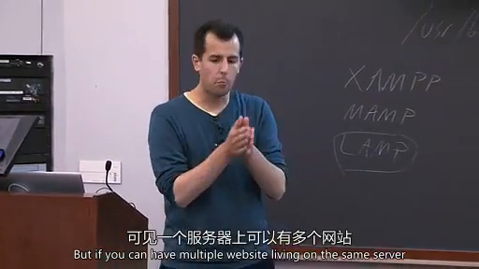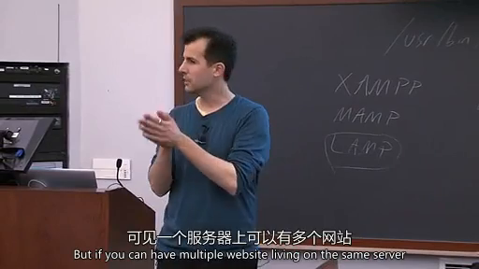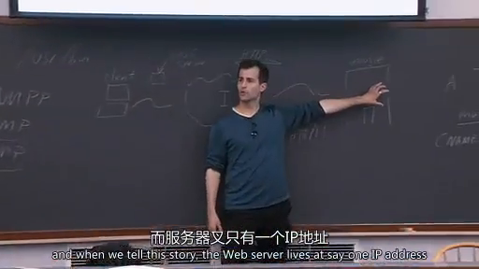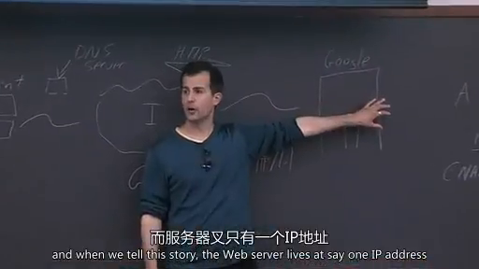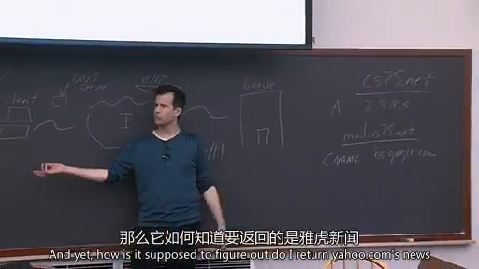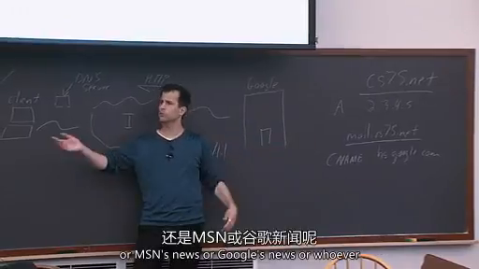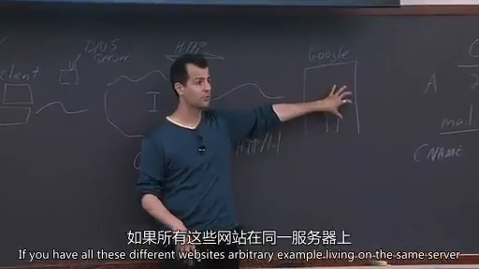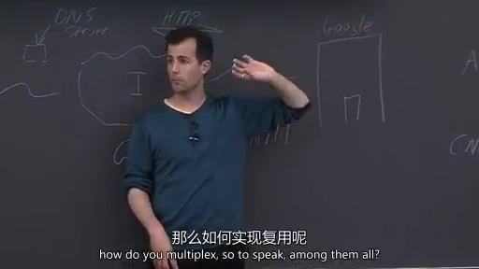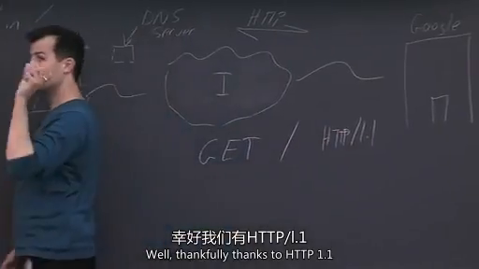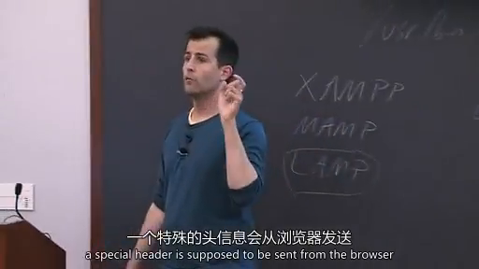But if you can have multiple websites living on the same server, and when we tell this story, the web server lives at, say, one IP address, how is it supposed to figure out: do I return Yahoo.com's news or MSN's news or Google's news or whoever? If you have all these different websites, arbitrary example, living on the same server, how do you multiplex, so to speak, among them all? Well, thankfully, thanks to HTTP 1.1, a special header is supposed to be sent from the